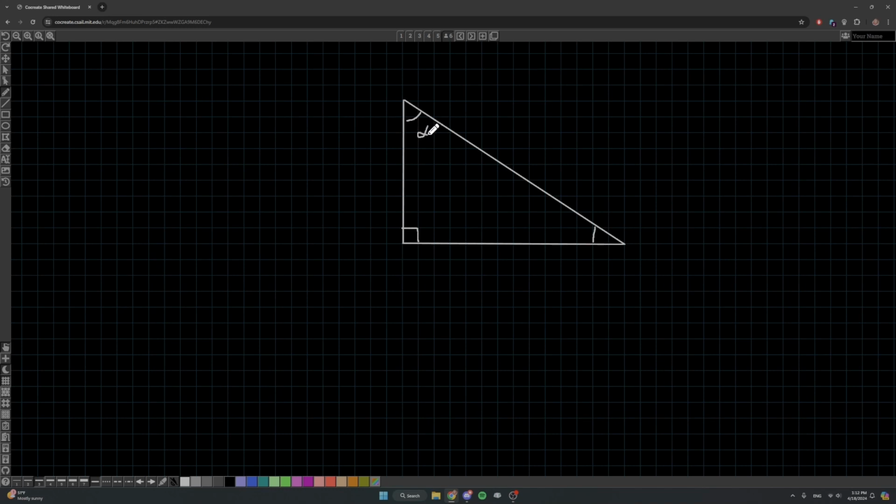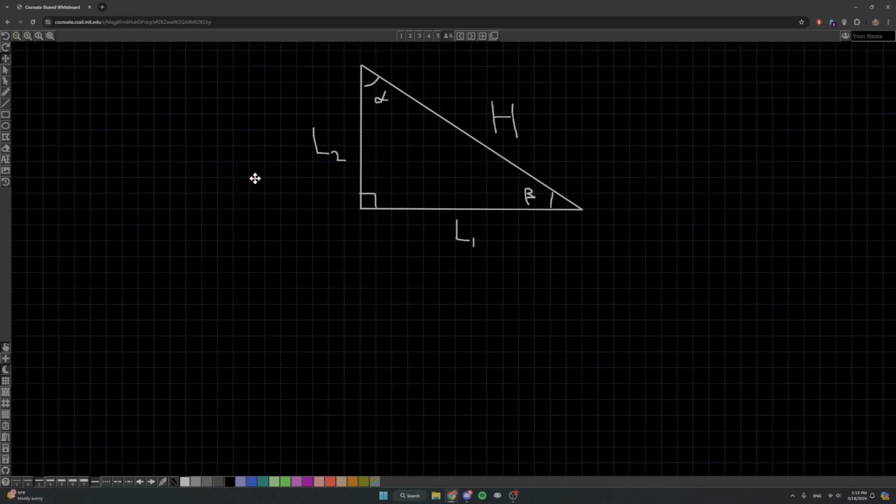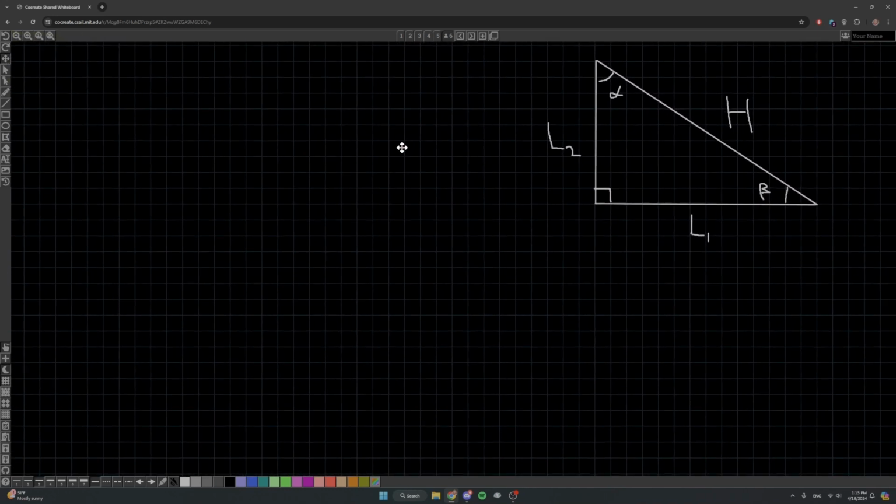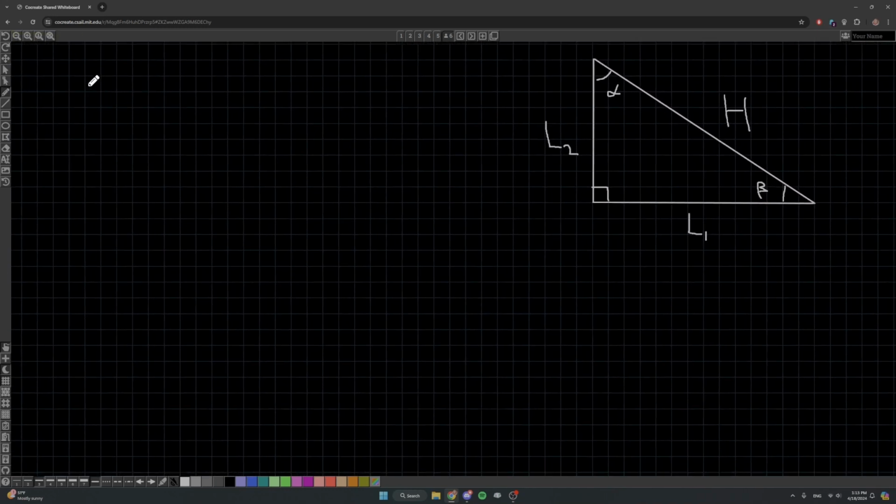I will name these angles alpha and beta. I will name this side H, and I will arbitrarily label these sides L1 and L2. And I feel inclined to do the reverse, but I've already made a convention for the video, so I'm going to stick to it. So, sine, cosine, and tangent are just, in the beginning, ratios, but let's do it. So sine of alpha,